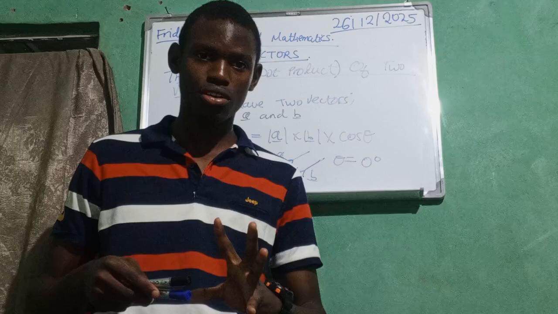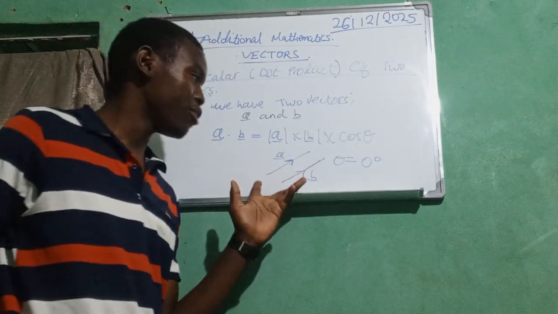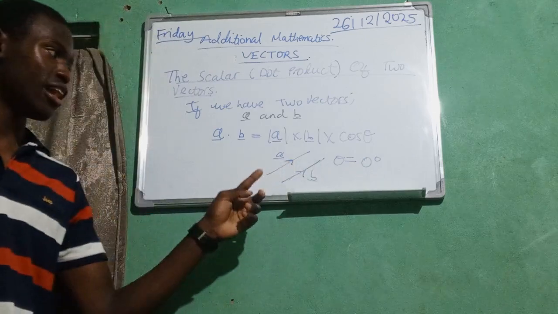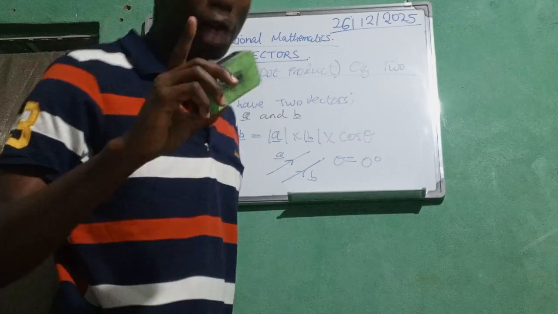Cosine of 0 is 1. Be very careful. So if they are parallel and in the same direction, theta is equal to 0 degrees, like in this example. Now, if they are parallel